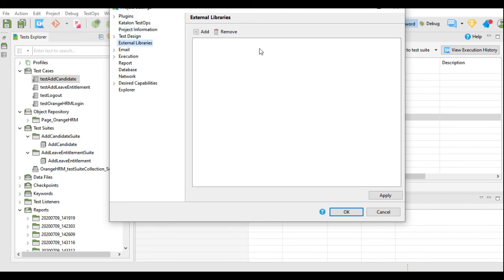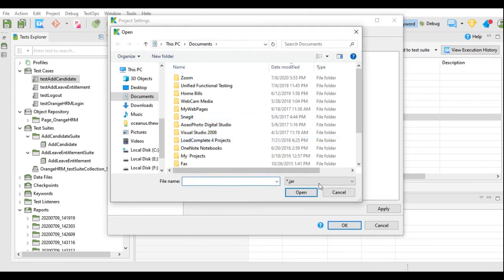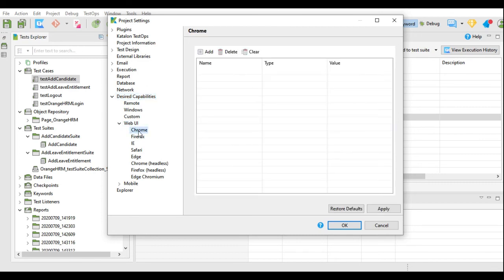If you want to add any external libraries to your project, you can go to external libraries in project settings and click the add button. Next is desired capabilities. To add desired capabilities to your web drivers, click add and you can add the desired capability.